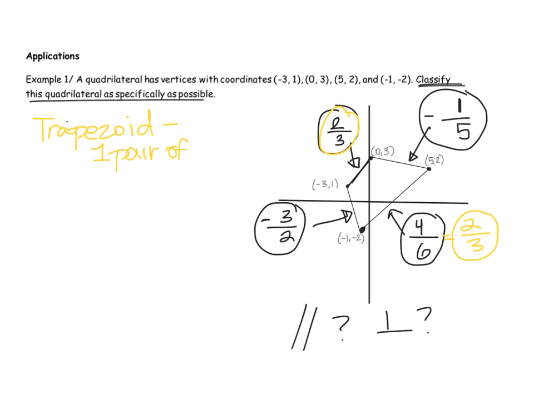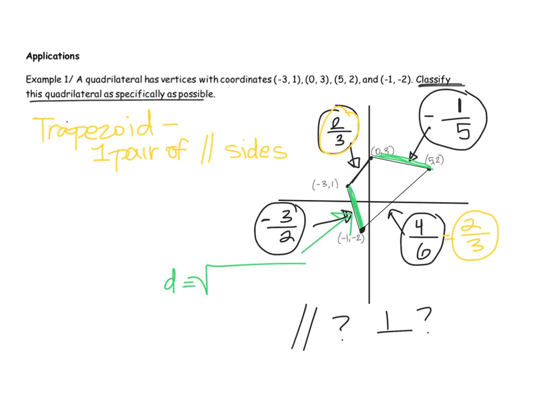The next thing I need to check is whether or not the legs are congruent. That way I'll know if it's an isosceles trapezoid. And to check whether or not 2 things are congruent, I need to find their lengths. So I'm going to find the lengths of the 2 legs to determine whether or not they are equal. So this leg, I know that I'm going to use the distance formula, and the length is going to be